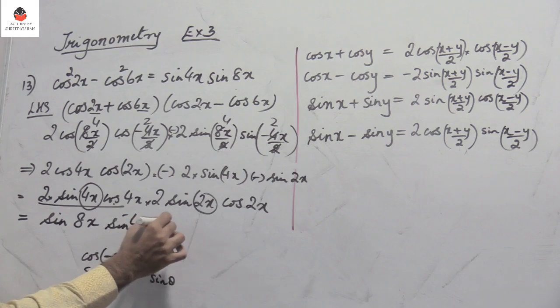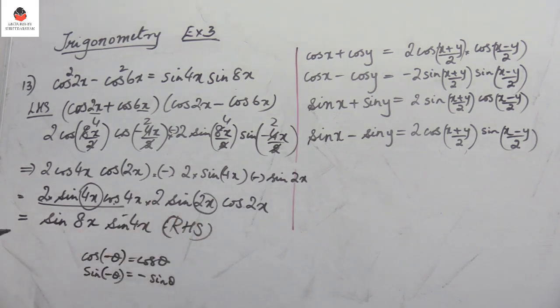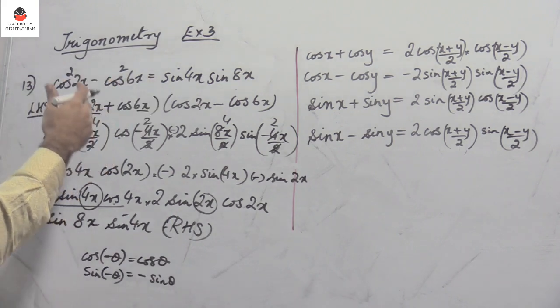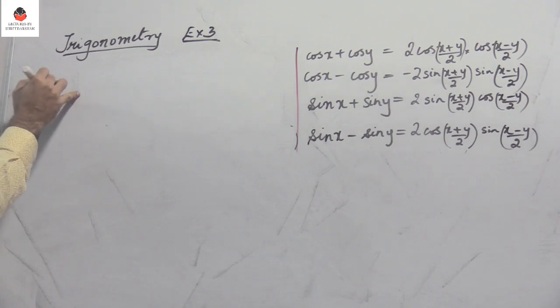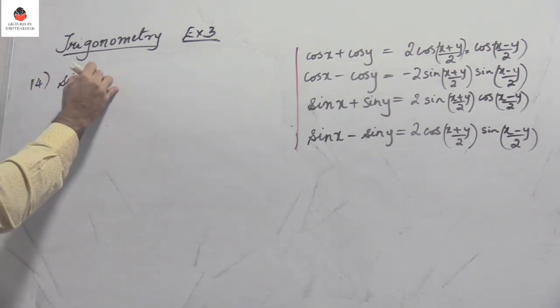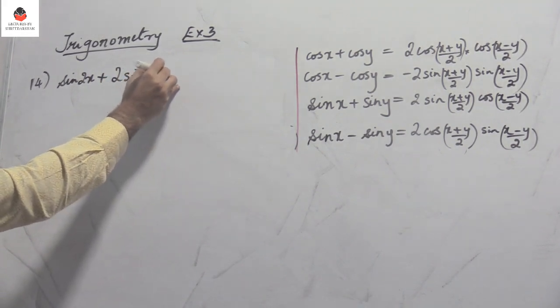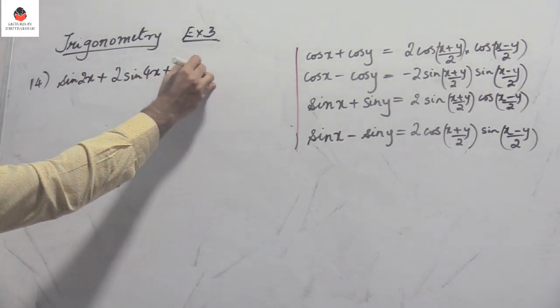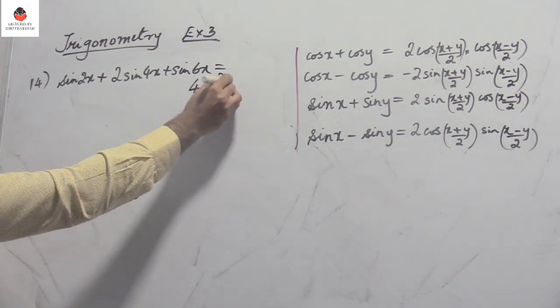So this is RHS. So very simple problem. I just need to apply one of those formulas, and you will get the answer. The 14th one: sine 2x plus 2 sine 4x plus sine 6x is equal to 4 cos square x